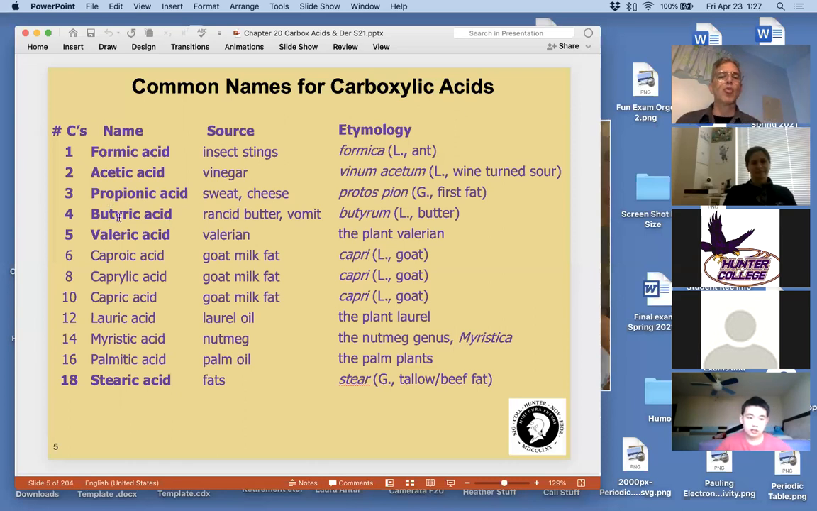Butyric acid is probably the worst smelling one of this bunch. It comes from the Latin word for butter, because it's known, just a minute,